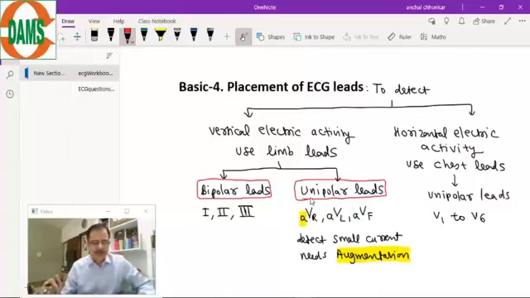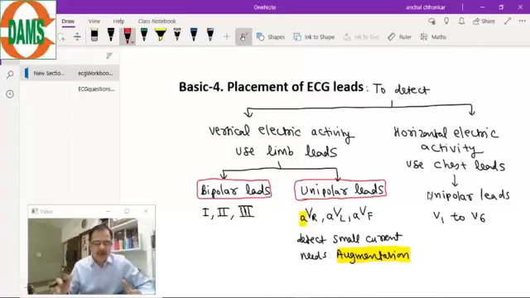Unipolar leads, and this is a misnomer. Unipolar, but it is being used as a standard terminology. Unipolar leads. So unipolar is represented by the letter V. So we use the V word here. Three unipolar leads are there,